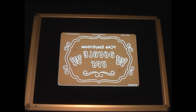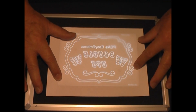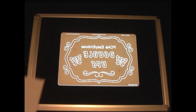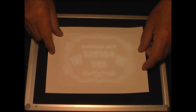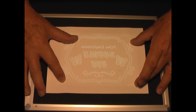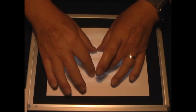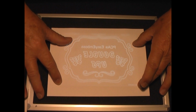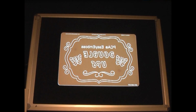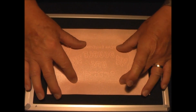Before starting the actual demonstration of embossing, I'll show you how a few coloured papers look over the template. That's just a 100 gram colour copy white paper. This one is a 125 gram gloss paper, white. This one is 200 gram white cardstock. This is a 125 gram